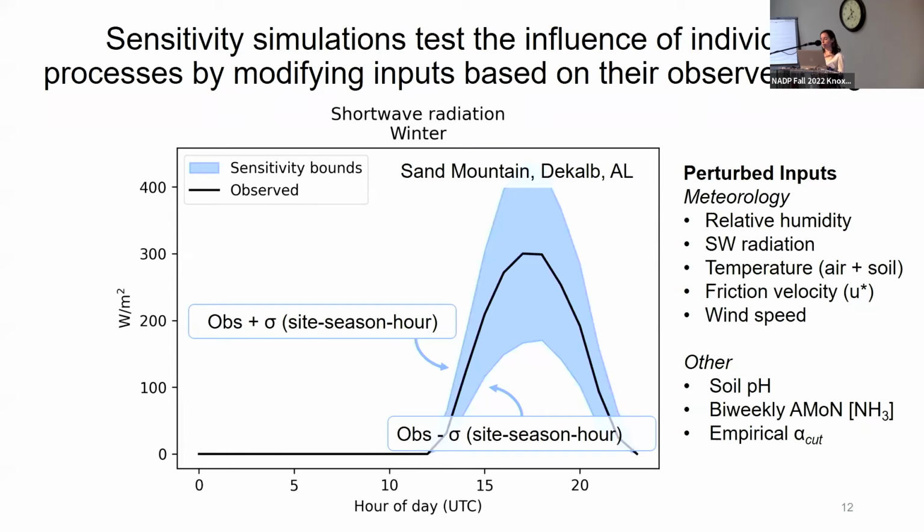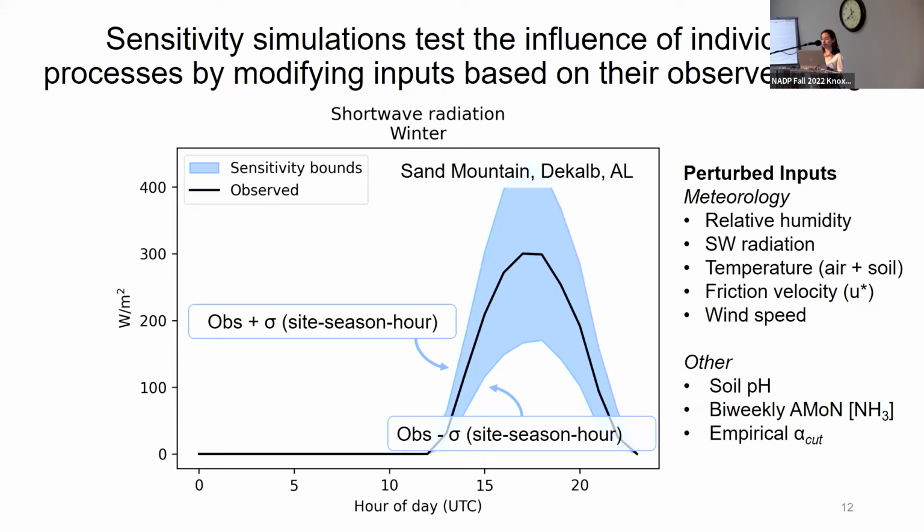Some other input parameters that we perturb are soil pH. We've modified this by plus or minus 0.5, which is quite a lot in terms of the exponential scale that pH represents. But I'd be very open to hearing folks' thoughts if you have any suggestions for how we might better approach that. Something that I didn't have a chance to mention earlier is that we're using in our model hourly values for ammonia concentrations that are basically developed using the biweekly measured AMoN ammonia, scaled using the hourly